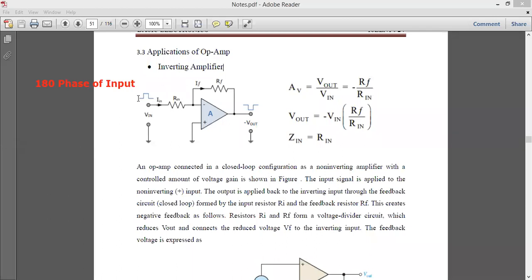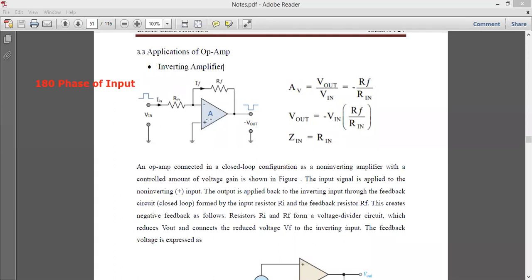It means whatever input you are applying, it will give you the inverted output. जो input आप देखते हैं उसका आपको उल्टा output दिखाई देगा. Such type of op-amp configuration is nothing but the inverting amplifier. The word amplifier here means it will amplify the applied input signal. It's a simple way to understand.